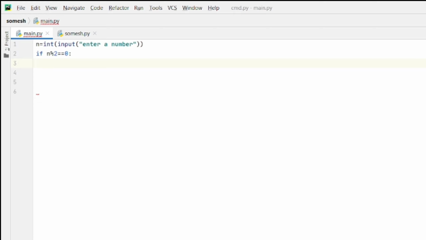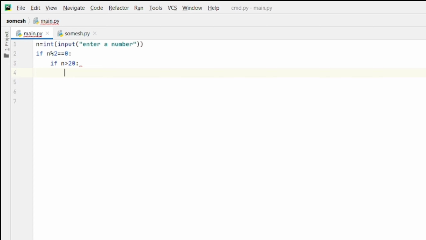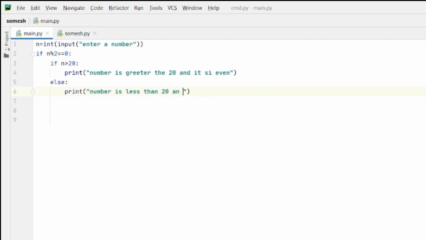We have to use an inner if: if n is greater than 20, we have to print "number is greater than 20 and it is even", or else we have to print "number is less than 20 and it is even".